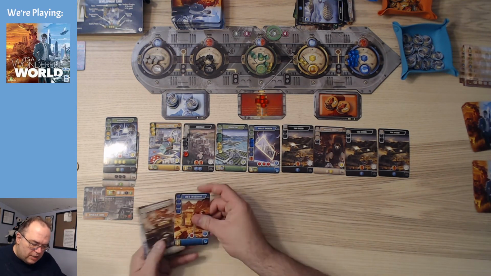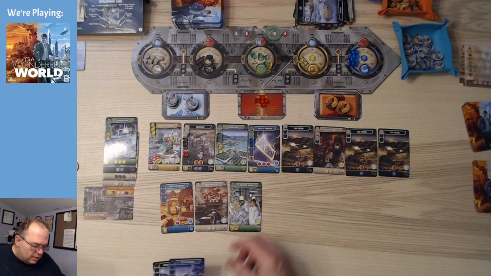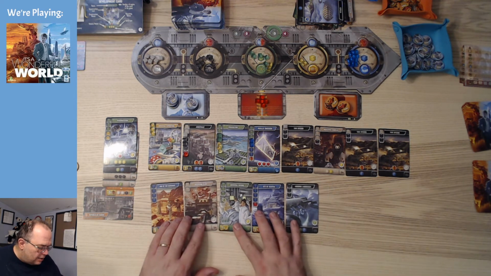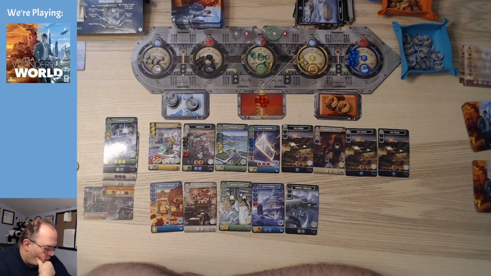So we've got Ark of the Covenant worth 5 points at the end of the game, Recycling Plant, Universal Vaccine, City of Argatha, and Airborne Laboratory. So